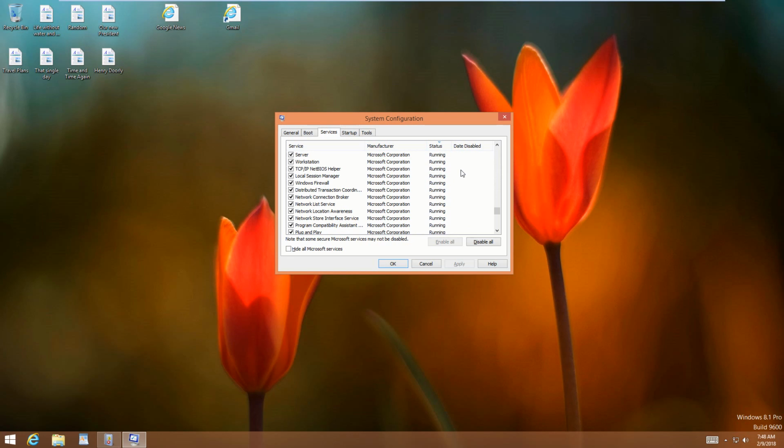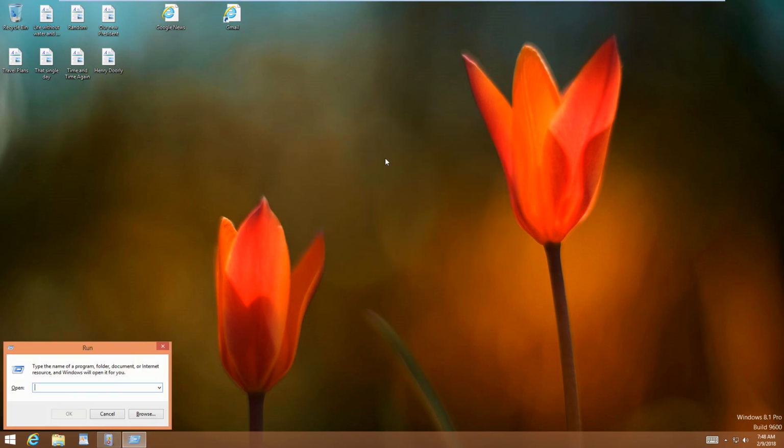The running services are things that I'm actually using, DNS and firewall and plug and play, for USBs and stuff like that. Power, different things that your computer uses, like Windows Update. So it's something you just gotta kind of pay attention to. And another way they'll do this too is they'll go into